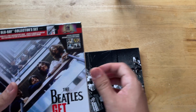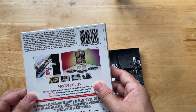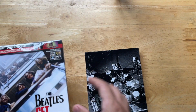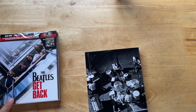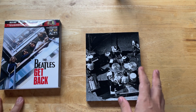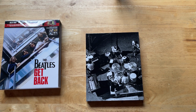So yeah, the box right there. Fairly simple. There are no features. That's the thing. It's just the documentary across three episodes on 3 discs, and the video is, as we all know, restored by AI technology, the same one that Peter Jackson used in the documentary They Shall Not Grow Old, the documentary that Peter Jackson did, where he restored